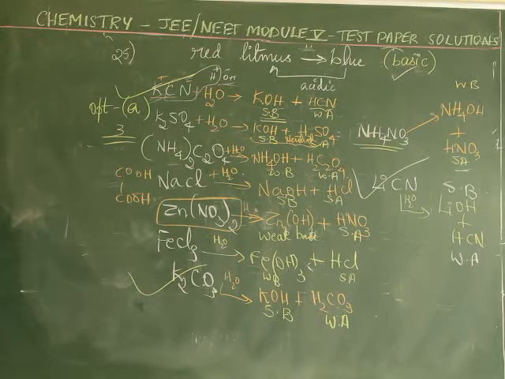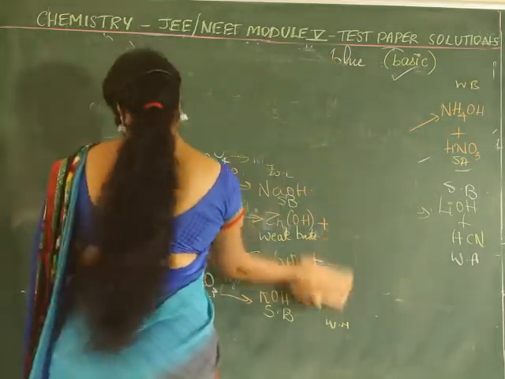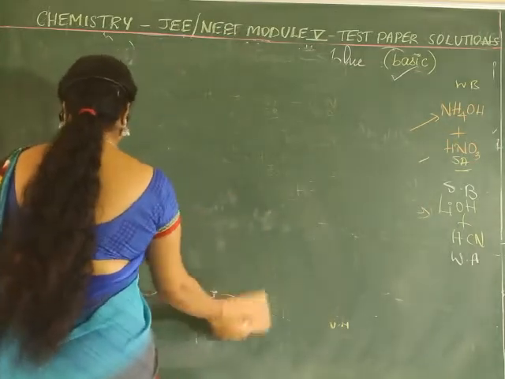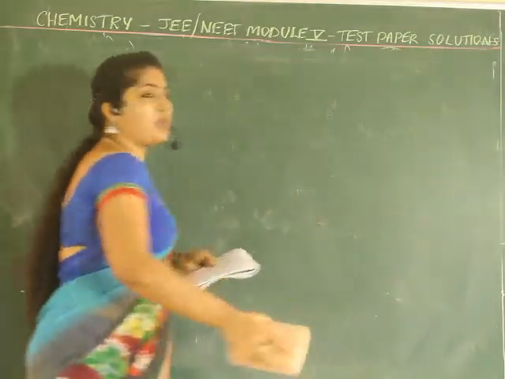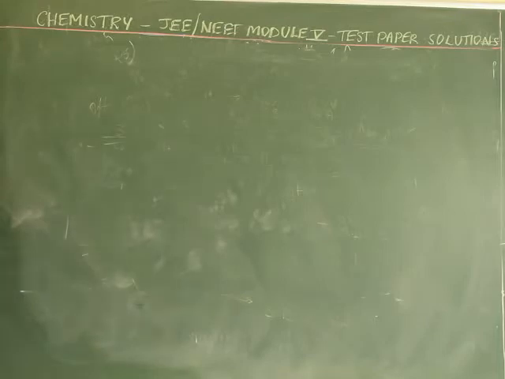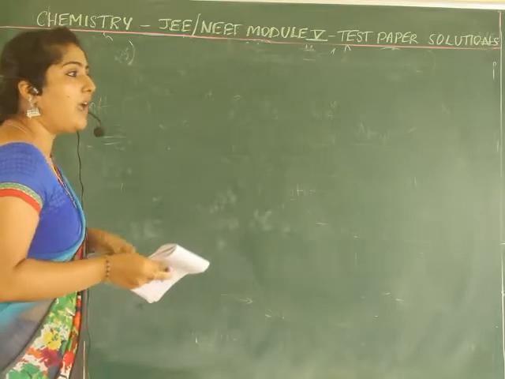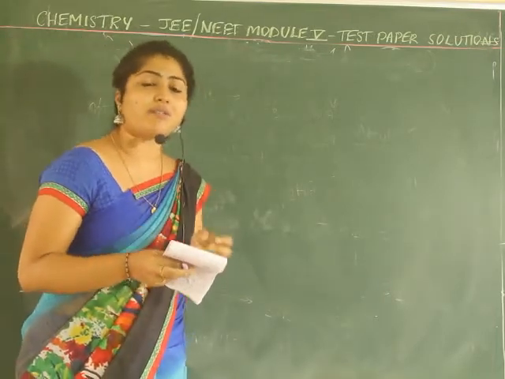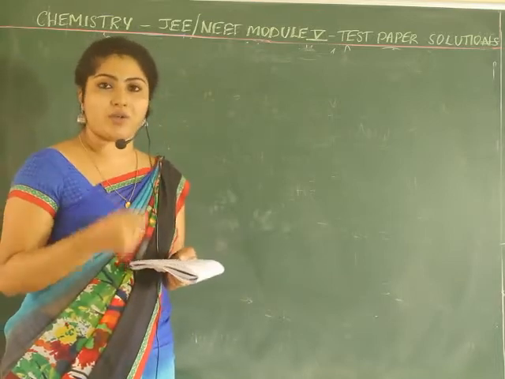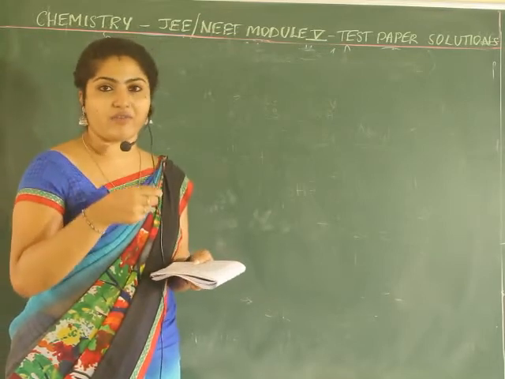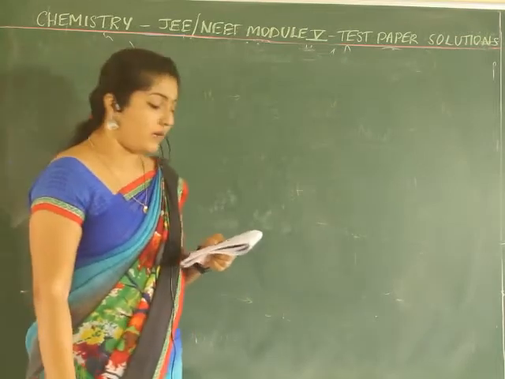Let us see the next question. It's about buffer solutions. Buffer solutions have constant acidity and alkalinity because... see, when you have such questions, though you have a brief idea of what happens in a buffer solution, you say it resists the change in pH, but how it resists the change in pH is also an important concept to know. Why? Because here in this question they have asked the reason for it. If you know the exact reason for it, only then you can answer this particular question really well.